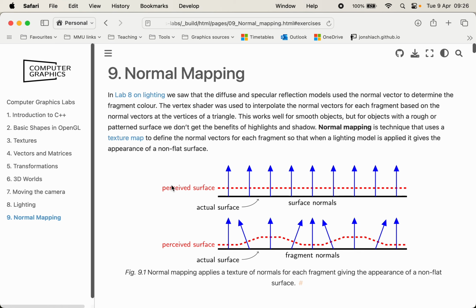In this video, I'm going to do a walkthrough of the normal mapping chapter from the notes. Okay, so in the previous chapter on lighting, we saw that the lighting model used the normal vectors to determine